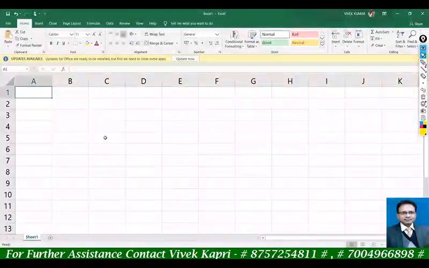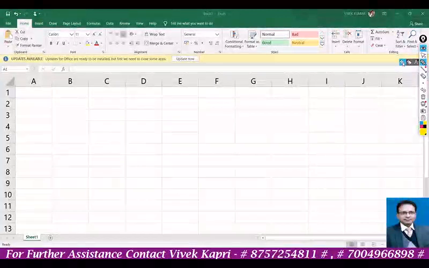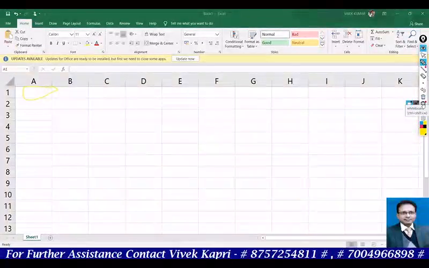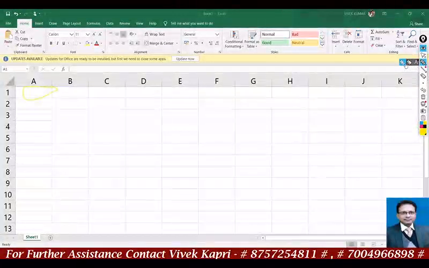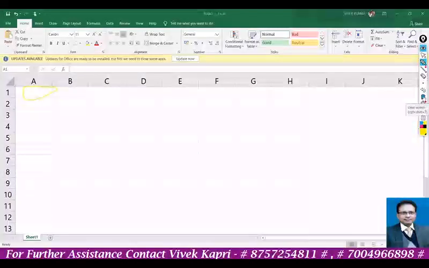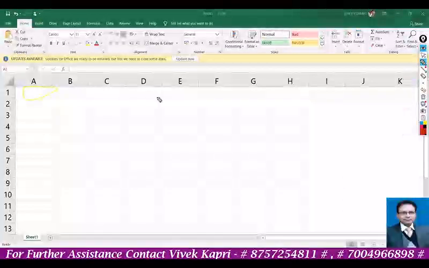Okay, now let us look at this box. What type of box is it? This is a box. Let us change the color so that it is more clear for you. Here is red color.